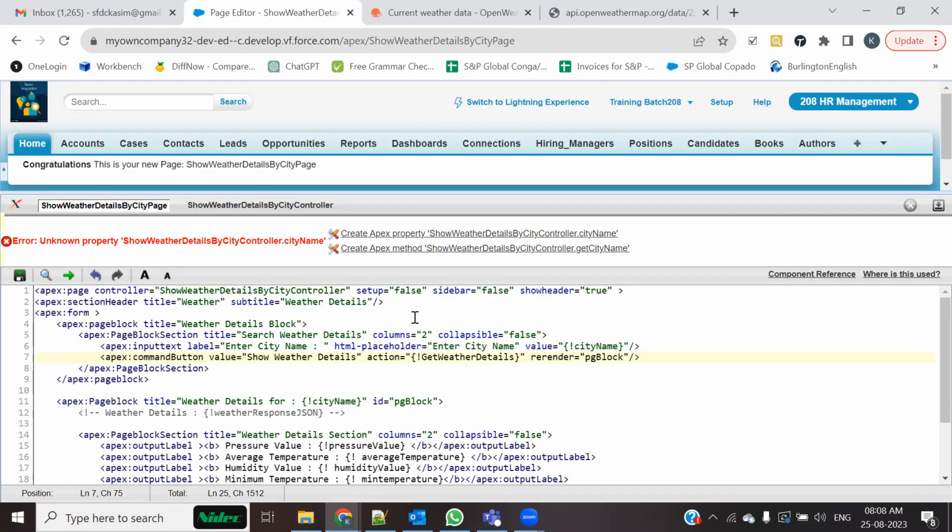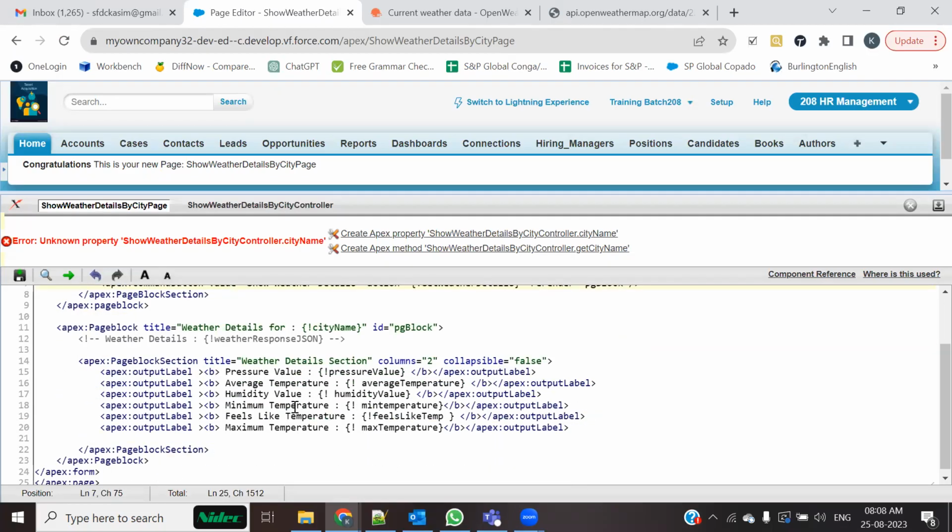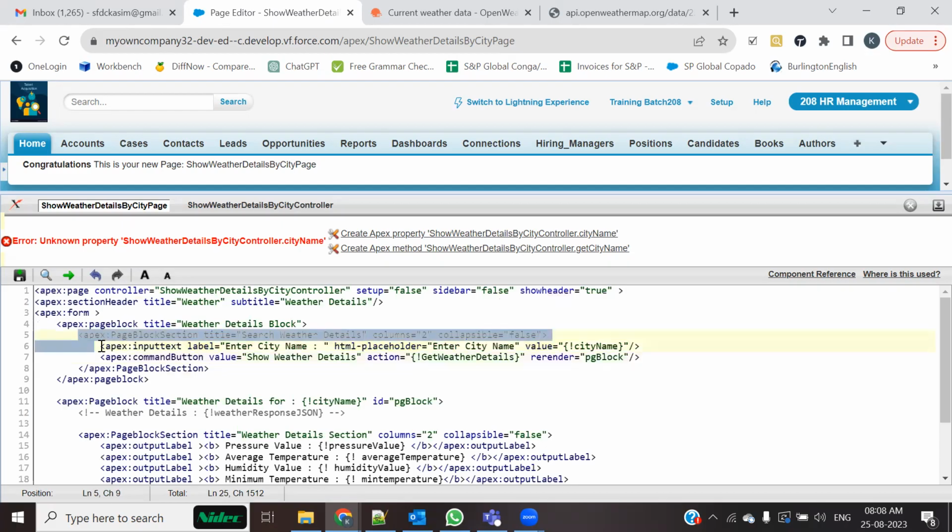See, what we intend to do over here is, from this block, we would be sending the value, you'll have to concentrate up to over here, right? We would be sending the value of city, enter the city name. That means one text box would be created where you are going to enter the city name. यहाँ पर it would be like this. यहाँ लिखा रहेगा enter the city name, और यहाँ पर एक text box रहेगा, ठीक है? Then there would be a button, एक submit या कुछ show weather details नाम से एक button रहेगा यहाँ पे,